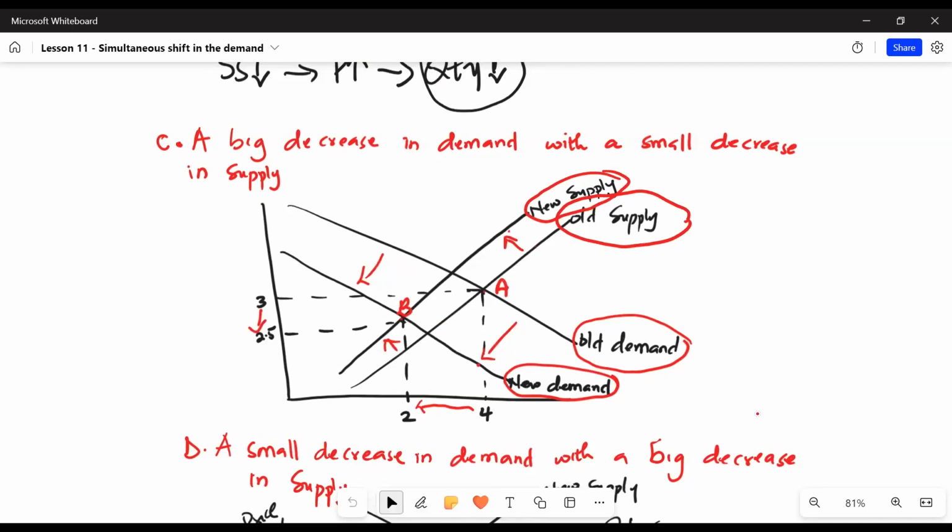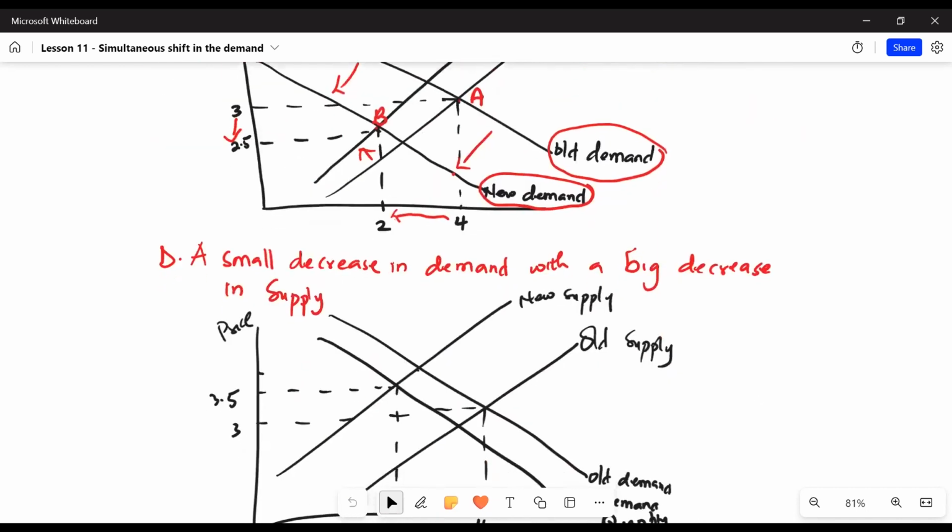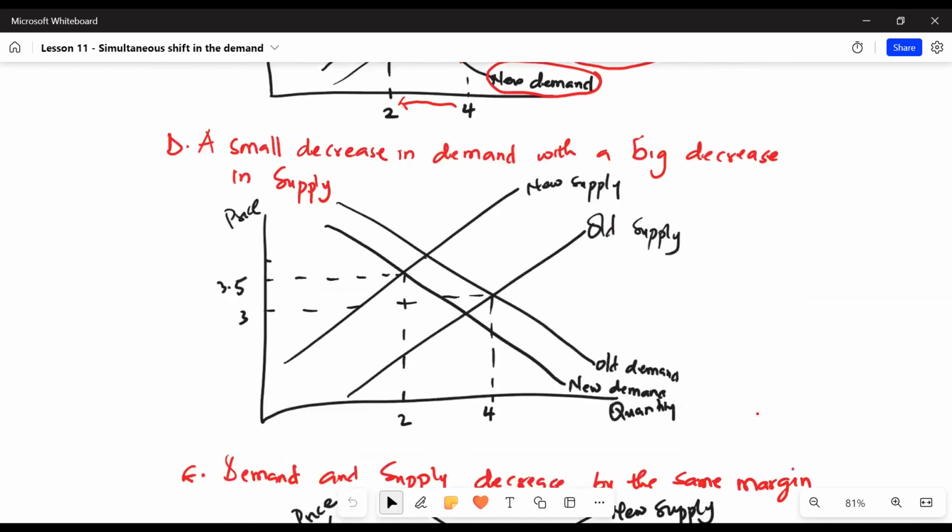So when the decrease in demand is bigger than the decrease in supply, equilibrium quantity will reduce and equilibrium price will also reduce. Now let's look at the instance where there's a small shift in the demand curve and a big decrease in the supply curve. If we start from an old supply curve and there's a decrease in supply which moves us to a new supply curve,